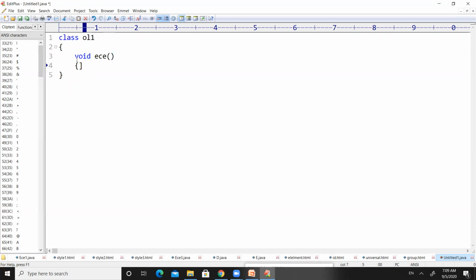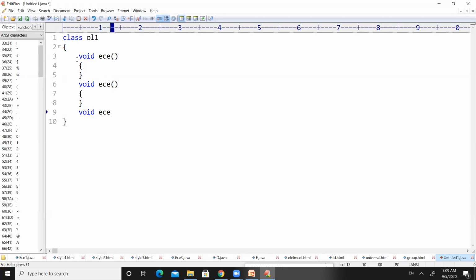And here, this particular function will display something. I will write it later, no problem. I will first show what method overloading is. Then I'm going to define one more function with the same name ECE, and its body. And again, I'm going to define one more function with the name ECE, and its body.